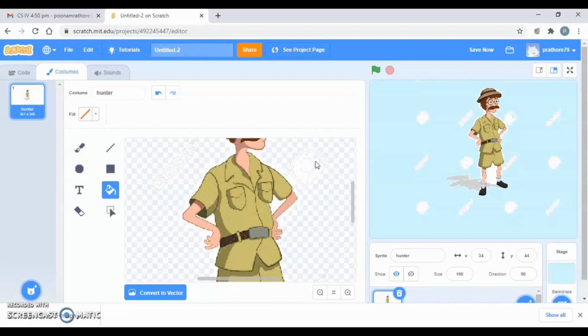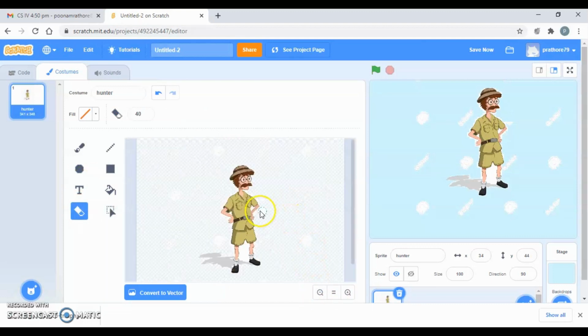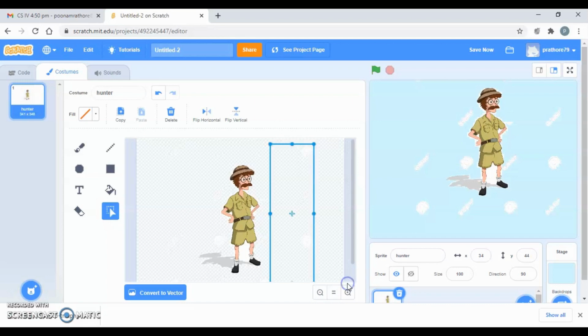I can select and delete it, or click on it and it will get selected. You can delete it or you can use the selection tool and delete. So you can see that this area is going to be deleted from here itself, or you can use the eraser tool to erase this particular area. So this is how you're going to erase these things. Let me delete this one. You can see that as I'm deleting, it is also deleted over there. So either you just select this particular area and delete all at once, right?